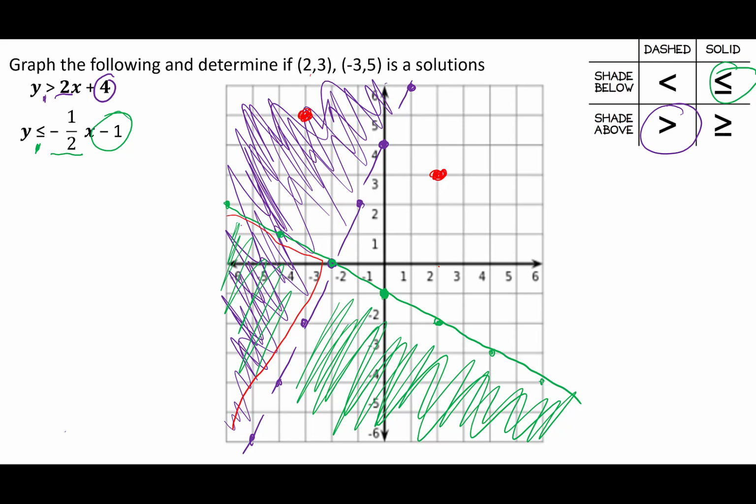I would need a point that fell, let's say, -5, -1, or -5, 1. Okay, those would be points that are a solution. All right, and that's